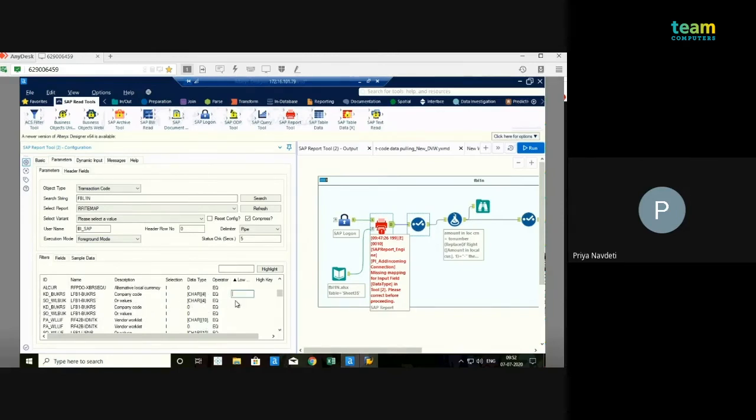Or if you have any values, like if you have to select open item, then you have to just enter the X. So here we have the description, and here we have the technical names of the fields which SAP is using. And here is the selection. So for the selection we have kept the pipe to delimit the data, and here it will explain what the data type of that field is.